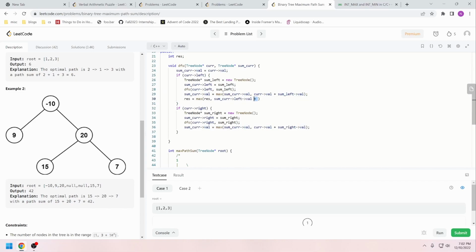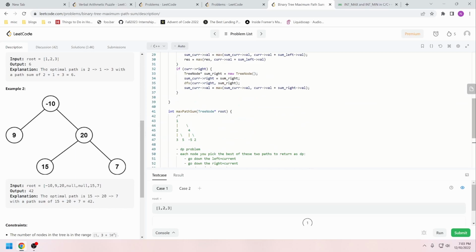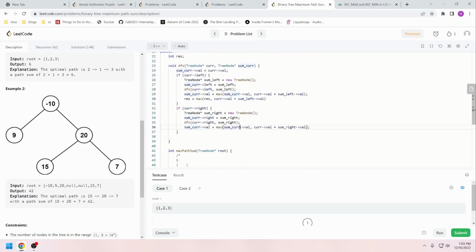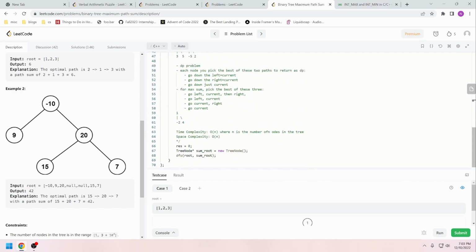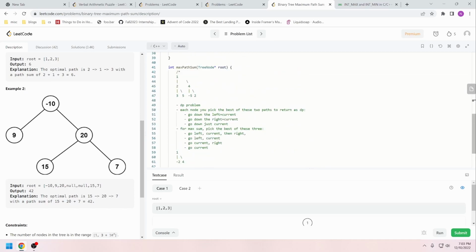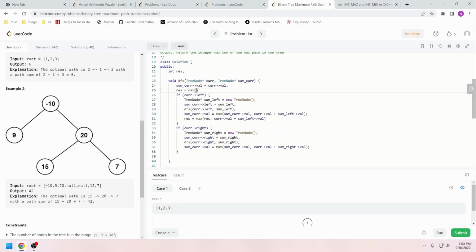So basically, I'm following that algorithm I wrote down there. So cur val is here, left cur, left then current, current then right. So max results, and